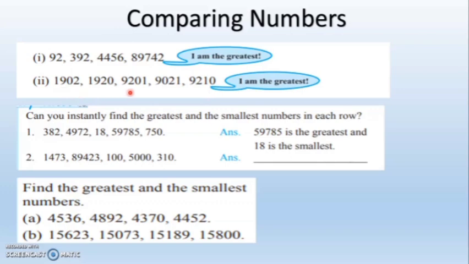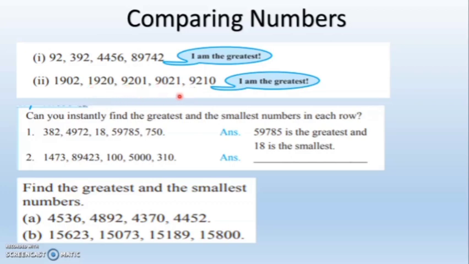Same way, if you see here, all the numbers are having 4 digits. Now it becomes a bit difficult to understand which number is greatest. So there is a way to understand. You have to see the leftmost digit. That is, in this number, if you see this place, here it is 1, here it is 1. Why are we doing this? Because all the numbers are given in 4 digits. All of them are having 4 places. That is why we are going to compare the first digit of each number. 1, here also 1, here 9, here 9 and here 9.